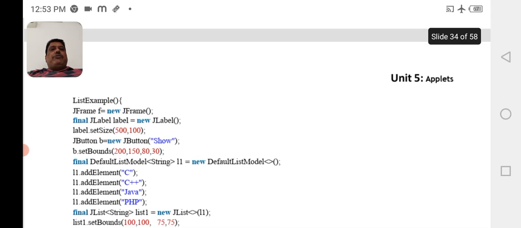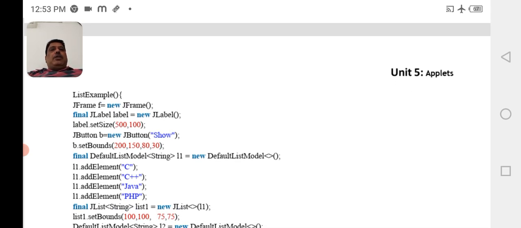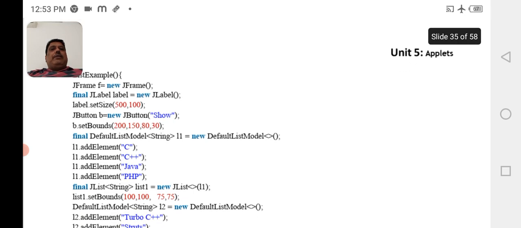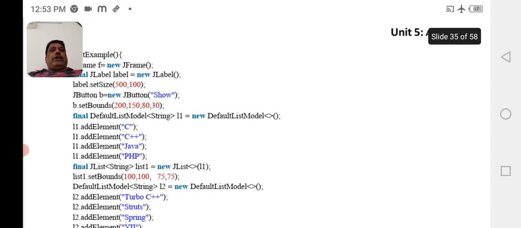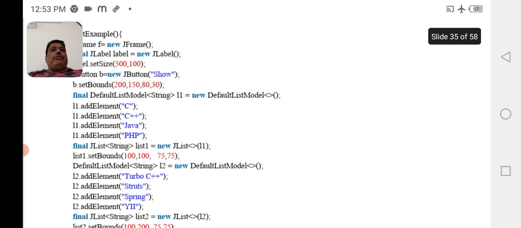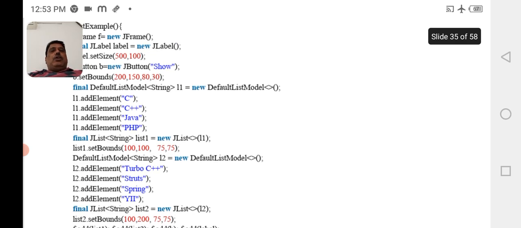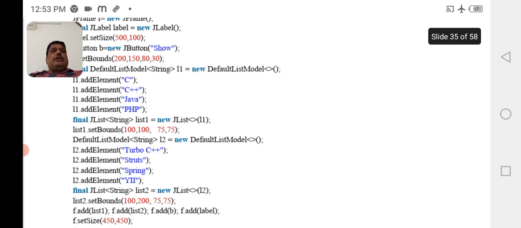JFrame f equal to new JFrame, final JLabel label equal to new JLabel, label.setSize, JButton b equal to new JButton, b.setBounds, final DefaultListModel<String> l1 equal to new DefaultListModel, l1.addElement("C"), l1.addElement("C++"), l1.addElement("Java"), l1.addElement("PHP"), final JList<String> list1 equal to new JList(l1),